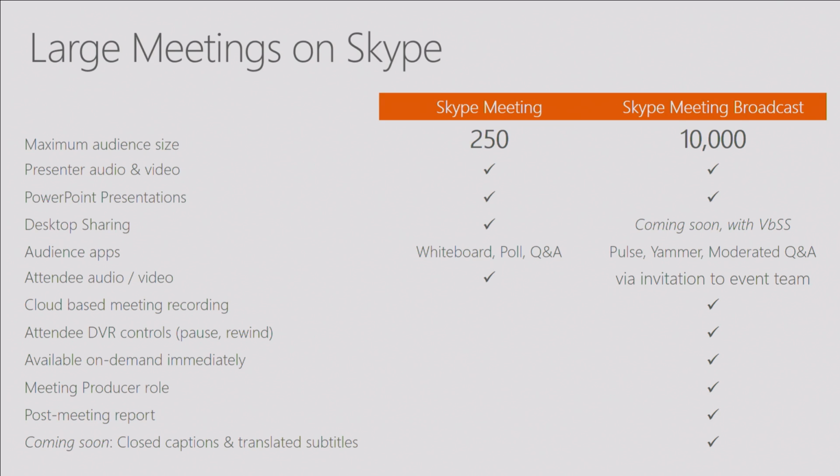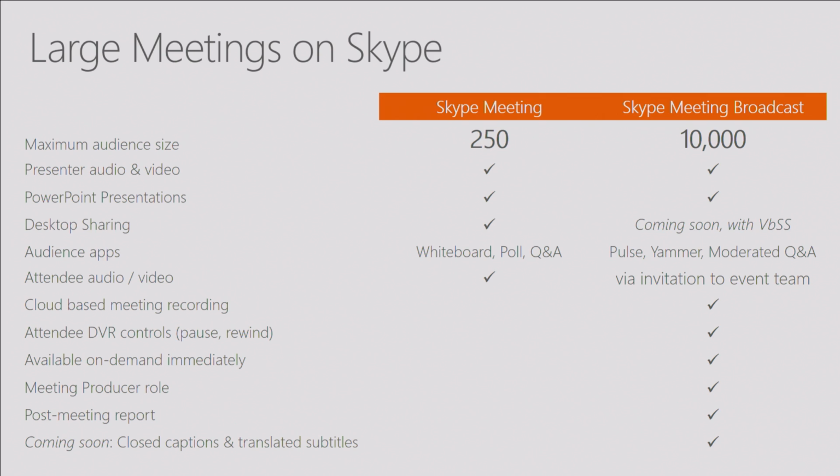Desktop sharing is, right now, the number one request for Skype on User Voice, which is the tool that we use to collect end user feedback. So this feature is coming. It's coming very soon. It's going to be what we call video-based screen sharing. So instead of using the RDP protocol like we do today, we'll be encoding video on the person who's sharing their desktop. We'll be encoding there at a higher frame rate than we do in RDP, and sharing that into the broadcast. That can be done today in a normal Skype meeting, even with video-based screen sharing. It's coming to broadcast. We're working on it for this quarter.